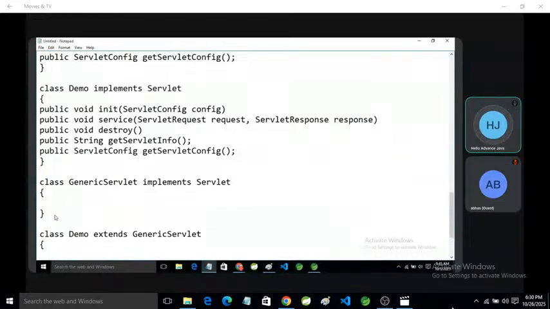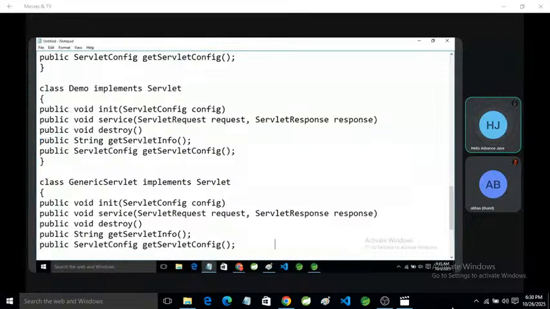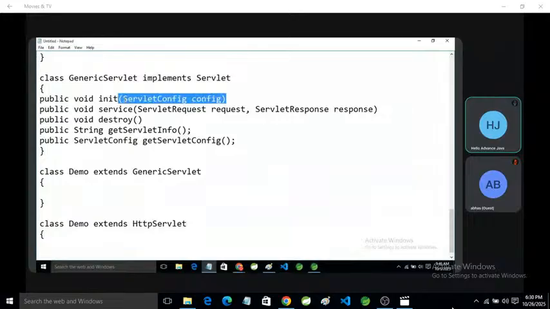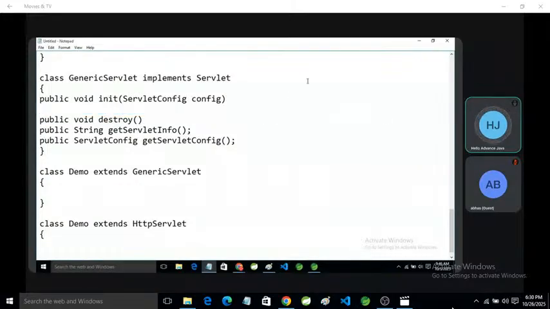So we have a second option, which is GenericServlet. GenericServlet is a class. It already implements the Servlet interface and provides the implementation of all methods except the service method. If we use it, we extend GenericServlet, and we only need to implement the service method.